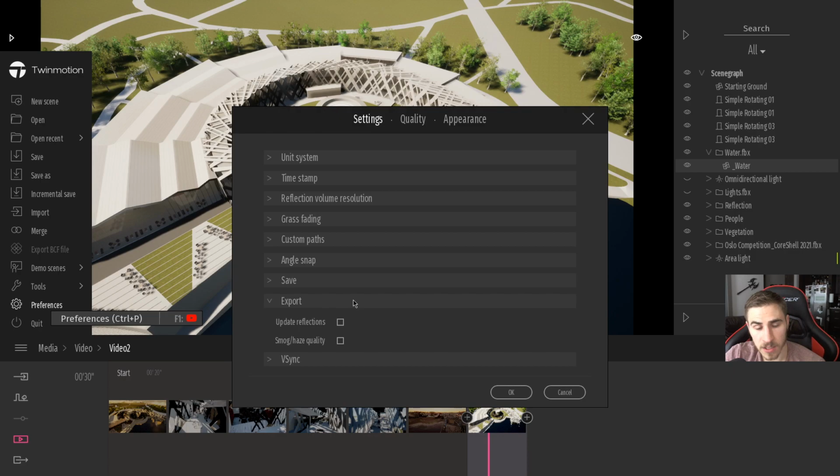So the idea here, and this applies so much because it's an animation, you have to update the reflections on export. And so the nice thing about this is that, like I said before, you have to update those reflection probes every single time you want to make a new image or change effects. And so the nice thing about this box is that when you export a video or even an image in that regard, because it's export, it's going to update those reflection probes for you.